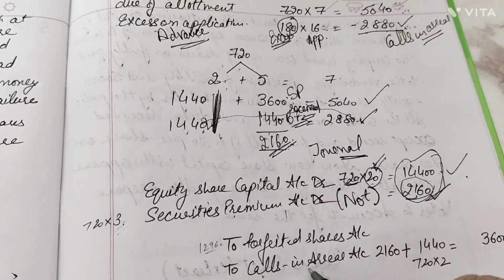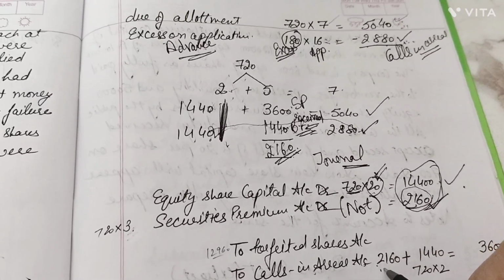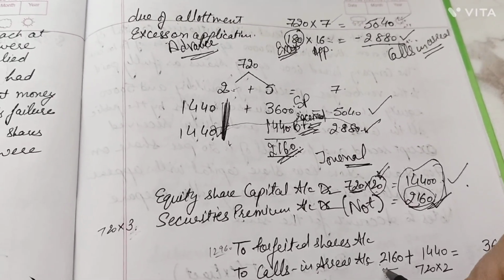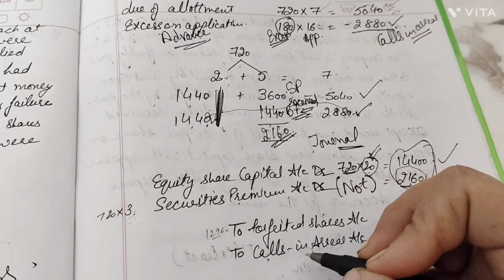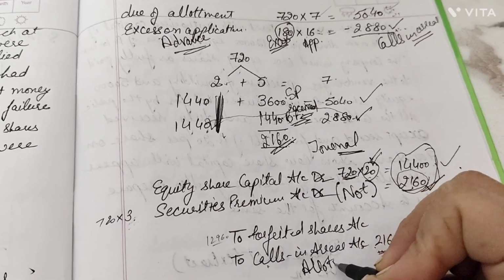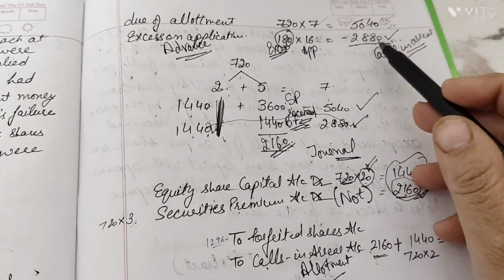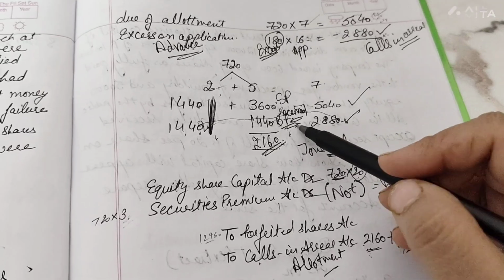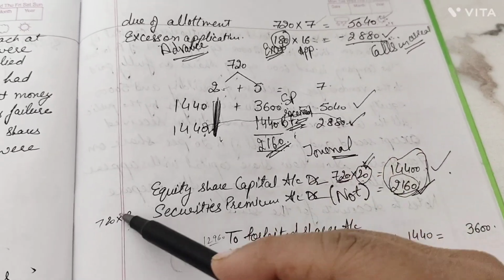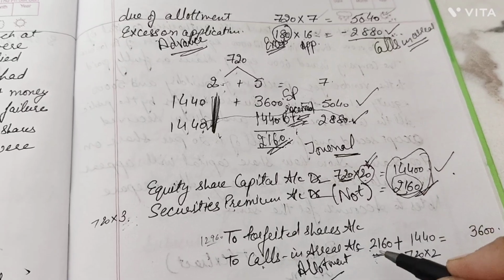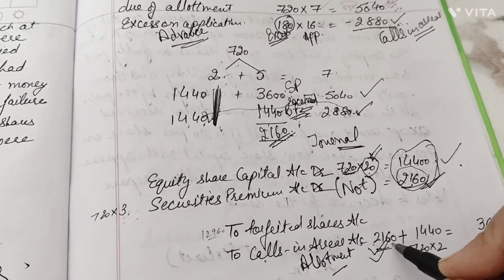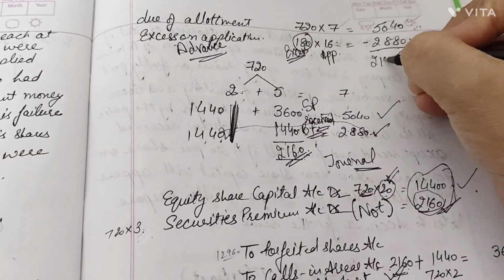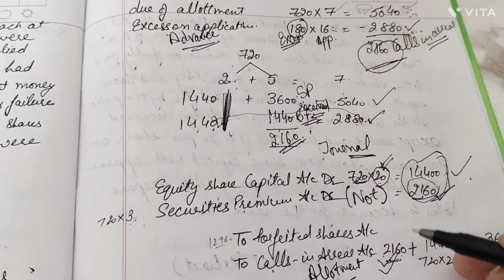Now, to calculate our calls in arrears, how much were the pending calls in arrears by him? When we take into consideration, we know very well from allotment what is not paid by him. On allotment, he has paid us 2880 rupees, which includes a part of premium also. So what is not actually paid by him? Only this 3 rupees premium. On allotment, he has not paid us premium, rest full amount was received by the firm. If you make a deduction from here also, you will get 2160. That is the amount due on allotment.